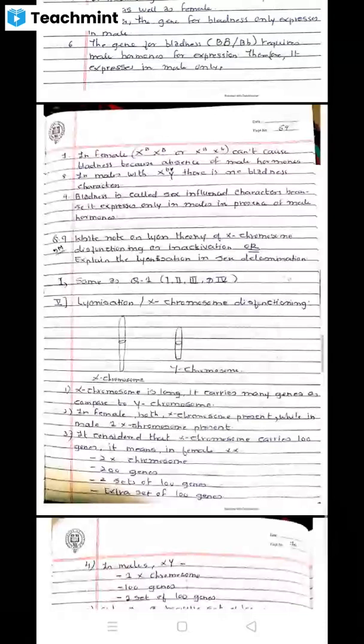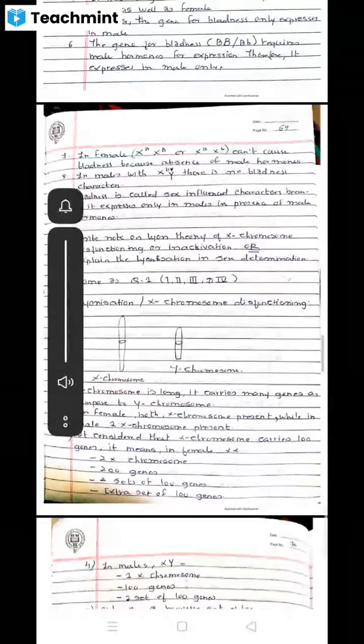as well as female. This is not clear. Hello. मैम आपकी आवाज ब्रेक हो रही है. नेटवर्क इशू है, हम